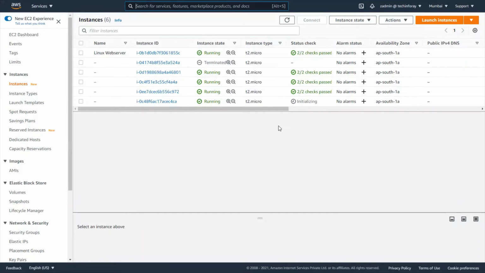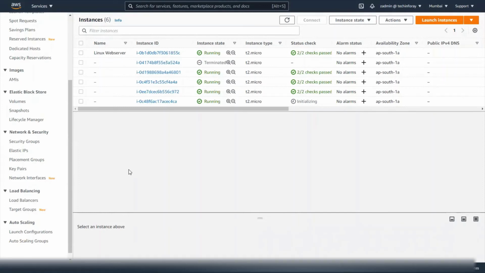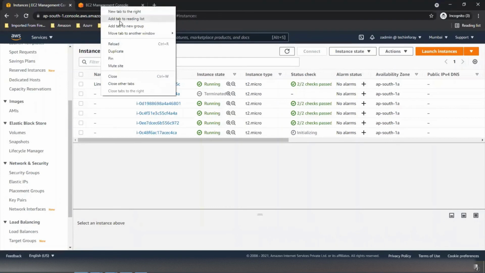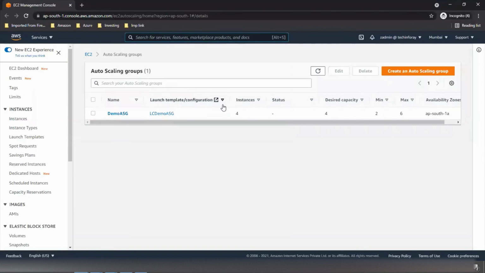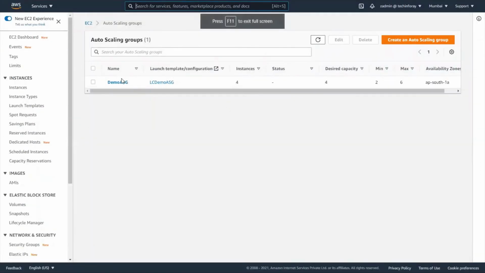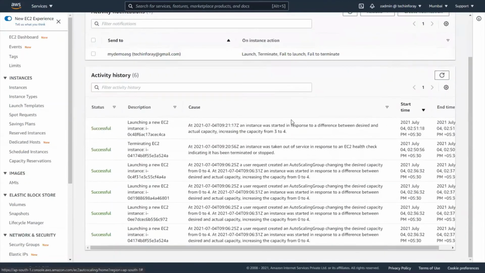So slowly this machine will be in service, and our desired capacity will be achieved. So if we go to our auto scaling group, activity, yeah, successful.